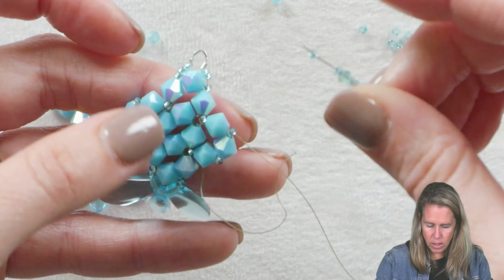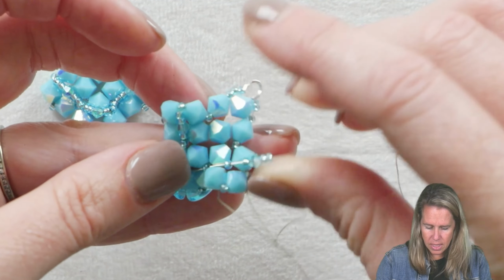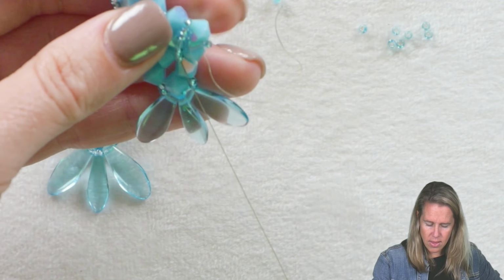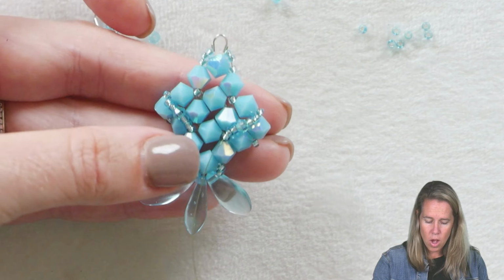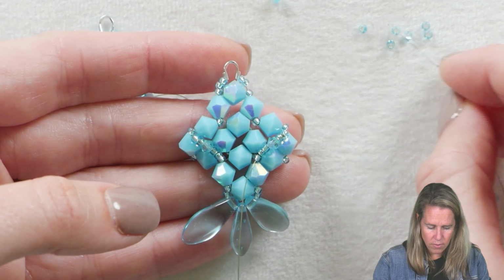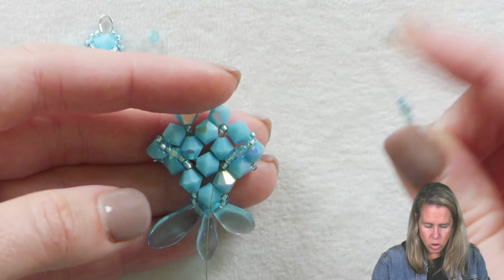Another 2 11 O's, and then just like we did here, we're going into that bead that sits on a diagonal from the top towards the bottom. And that decorates the opposite side. From here, we want a little overhang of crystal that kind of sits at the bottom there. So from here, we're going to add 2 more 11s, 1 more of our 2 millimeter crystals, 2 more 11s,